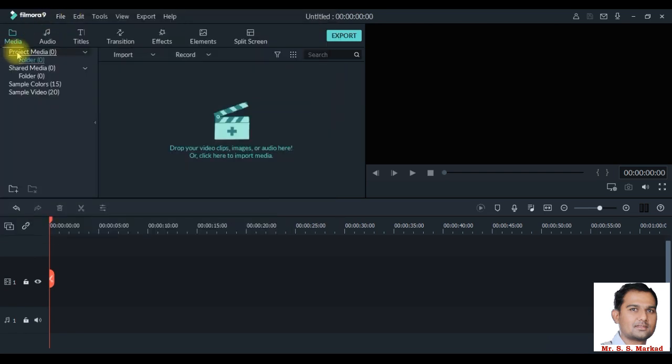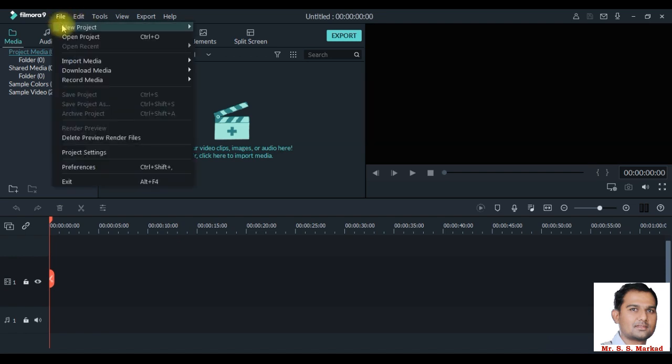Under project media, different folders can be prepared for proper storage of the media. To create new folder, this icon needs to be pressed. Here, project folder can be renamed as per our convenience, and required media can be added to particular folder. For effective management and categorization of the media, different media files can be added to different folders.